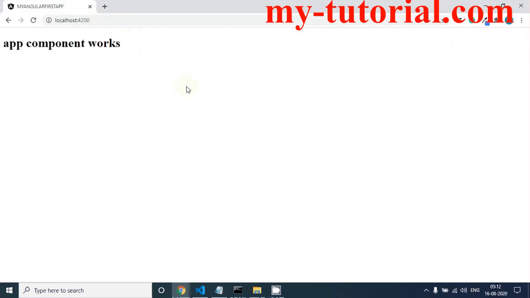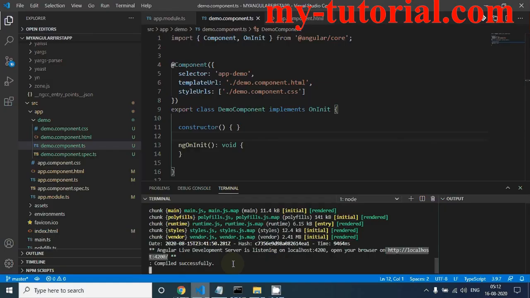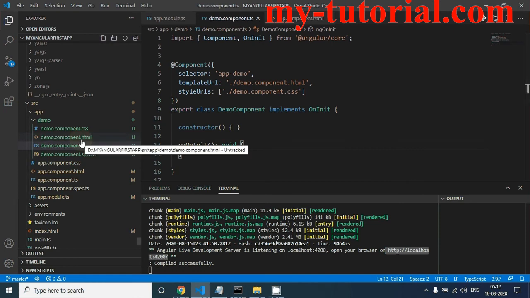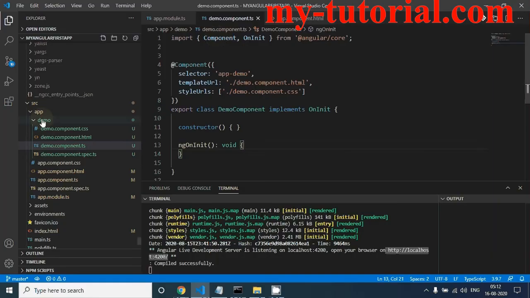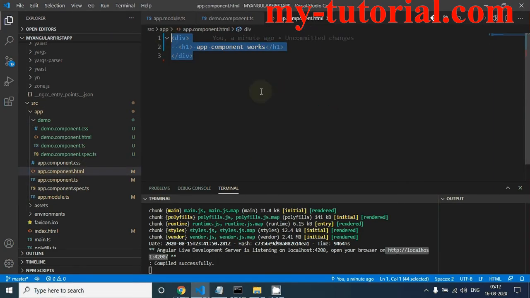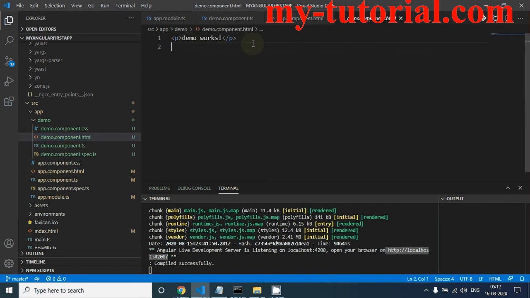Now we are able to see that our application is running. So let's discuss a bit more about this. So now that we are able to see app component works, from where this text is coming? If you come to app component, see, this is coming from app component, but we are not able to see this demo works. So how can we render this?